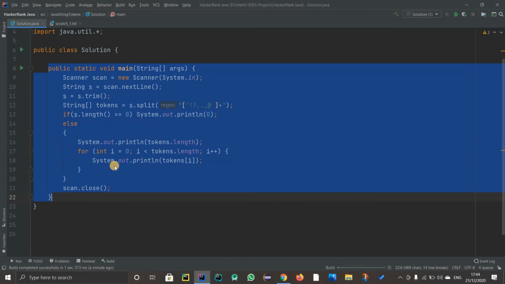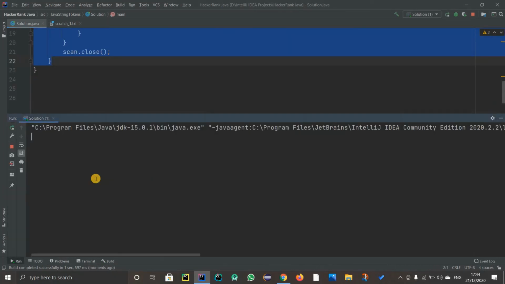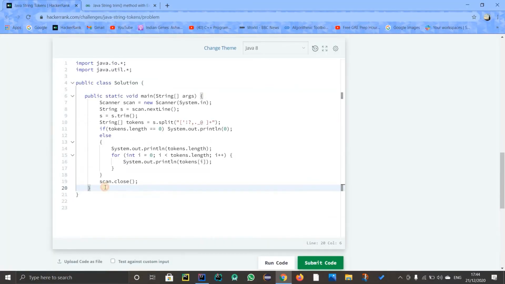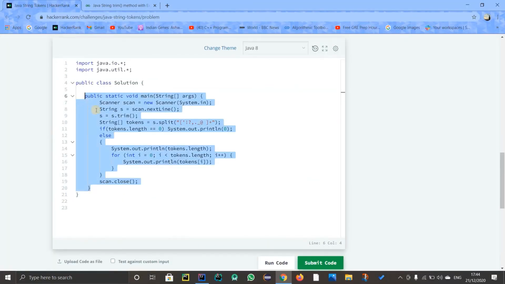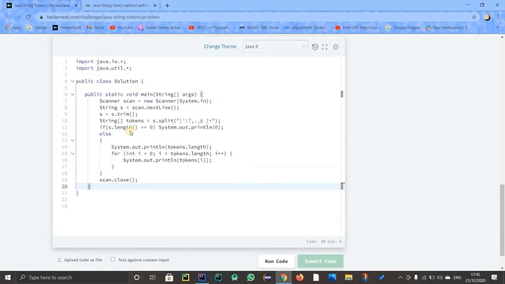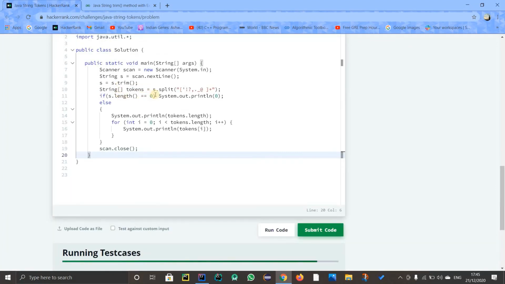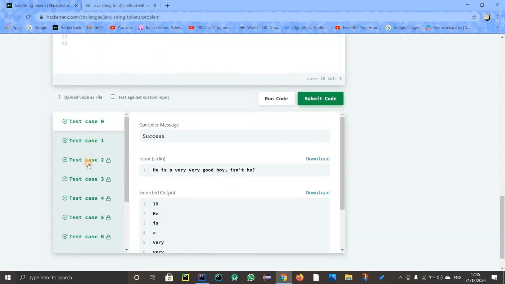Okay, I'll just run this code firstly, and after that I'll copy it. So I'll not enter anything. Okay, now it is printing out 0. Now it should be working, I guess. So just paste the new main method that I have. I just made one change. I just changed the length to be 0 now. Now, yeah, each and every test case is working.